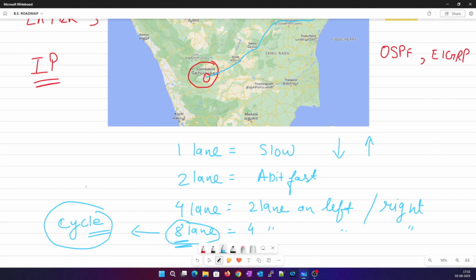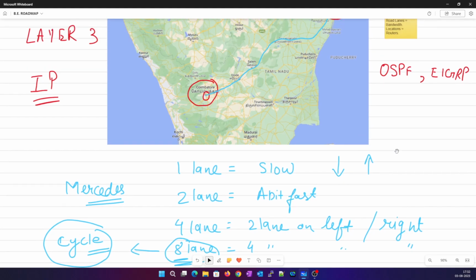If you are on the eight-lane road driving a very fast car, for example a Mercedes, you will reach even faster, right? So imagine your lanes as bandwidth, or the speed at which your traffic can move,